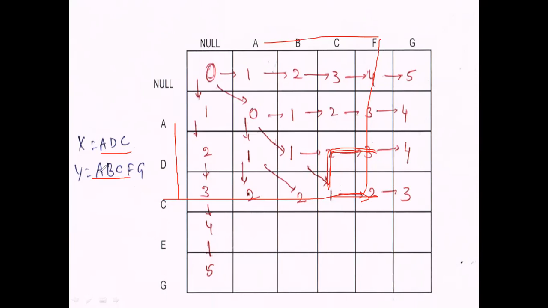That means AA, this one is a replacement operation, and the next one, no change. It is a delete operation. The delete operation means the horizontal value. The horizontal value represents delete operations. So the total number of operations means one deleting operation. And the next one is represented diagonally. Here the replacement operation is represented diagonally.